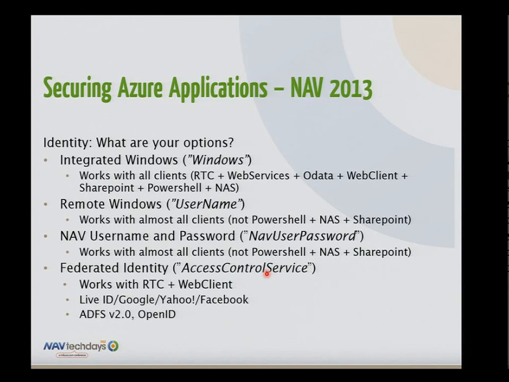And you can use it everywhere. You can use it on-prem. But it works out of the box with Live ID, Google, Yahoo, and with a little bit of configuration, also Facebook. So if you trust either of these identity providers, then you can configure NAV to authenticate one of these users, for instance, a Google user. You can also configure it to work with federated Active Directory. So if you have an Active Directory and you want to preserve your users in there, then you can configure that one to communicate with ACS. And then you are actually using all your users in your Active Directory in the cloud.